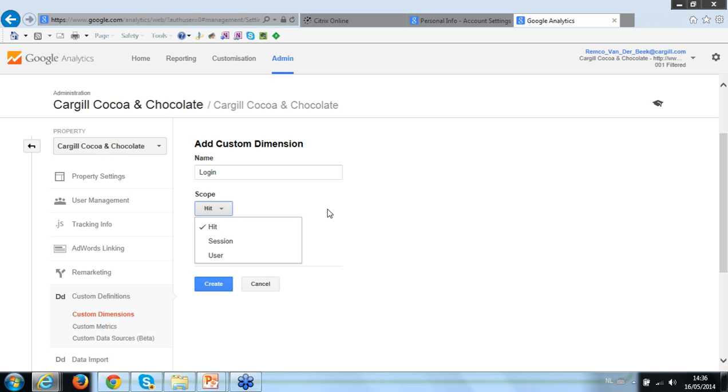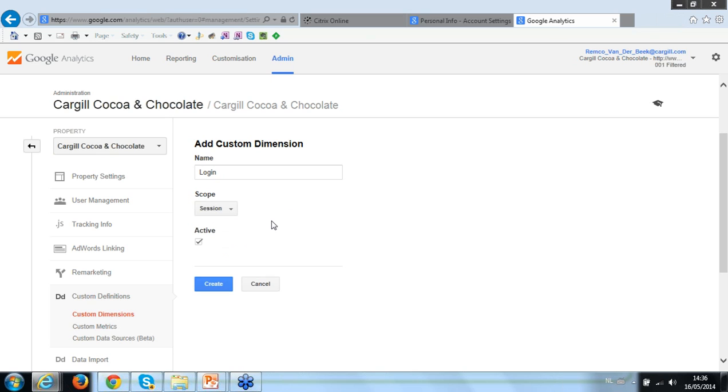So take the example of the author that I just mentioned. That would be applicable to a page, so the scope would be hit. But if you have a login on your site, you would typically use session, because you have visits coming from visitors that are logged in, and visits from visitors that are not logged in.